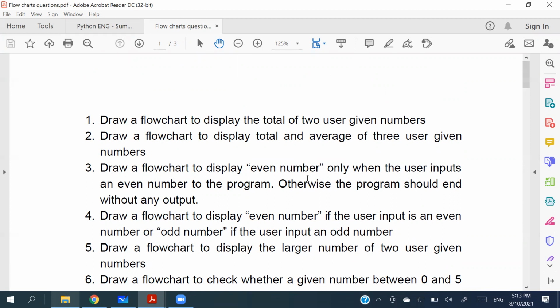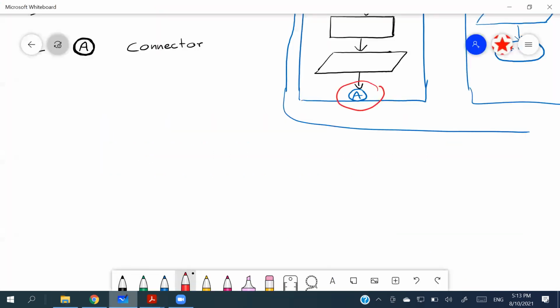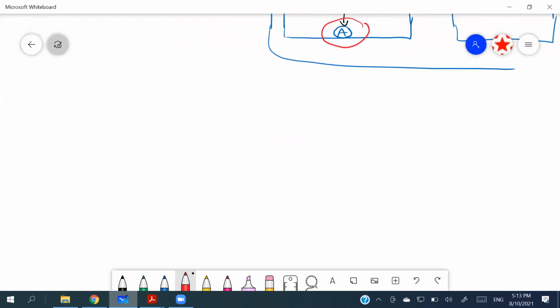So when you are answering these questions, you have to do it in this particular way in your book. If you are using a CR book